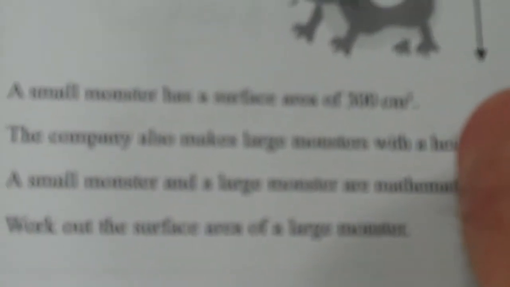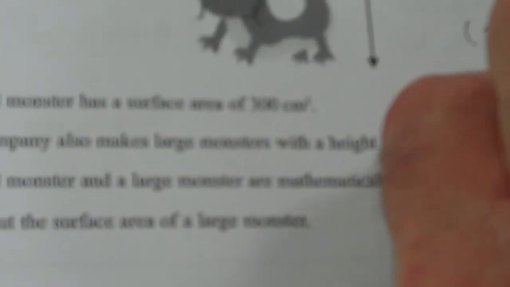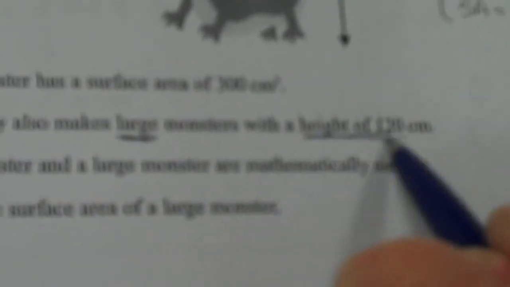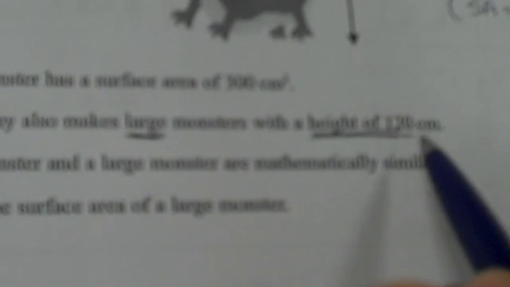It says a small monster has a surface area of 300 centimetres squared. So I'm going to just do that in brackets. The surface area is 300 centimetres squared. It then says the company also makes large monsters with a height of 120. It then says a small monster and a large monster are mathematically similar, and this has got to trigger something